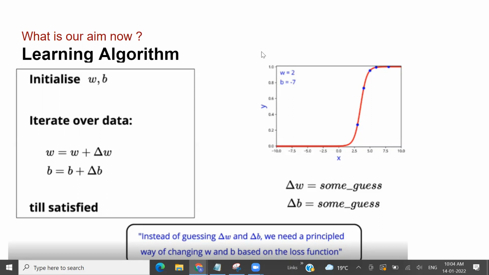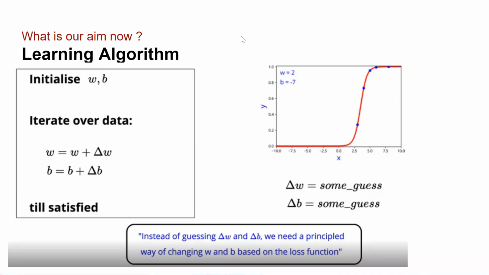All right. So, sigmoid learning algorithm. We will follow the skeleton that we started in the perceptron learning algorithm. That means first of all we have to initialize weights randomly. Once we have initialized the weights randomly, we need to come up with some principled approach that updates W and B, so that in every iteration my loss reduces compared to previous iterations. So this is step one, where you have to randomly initialize W and B.